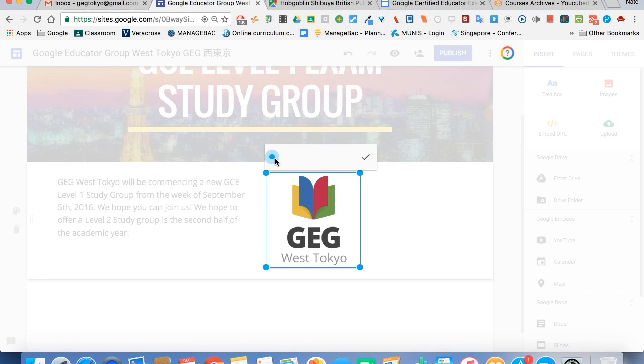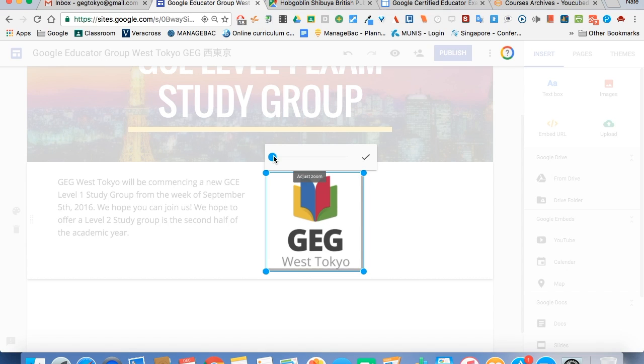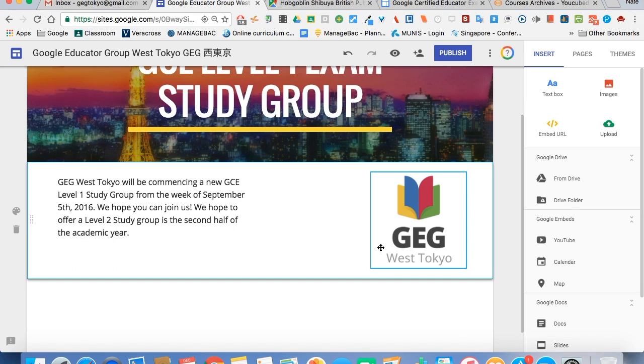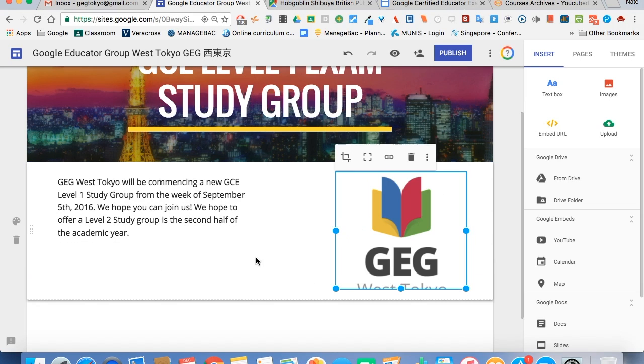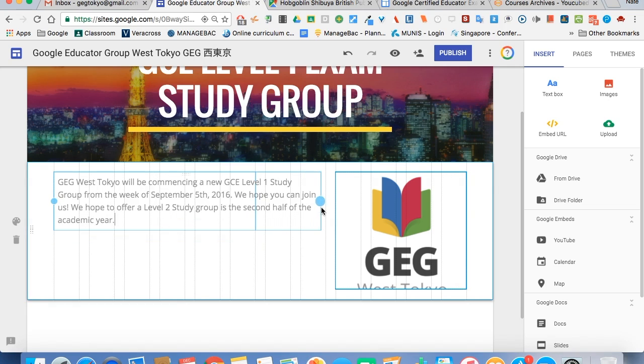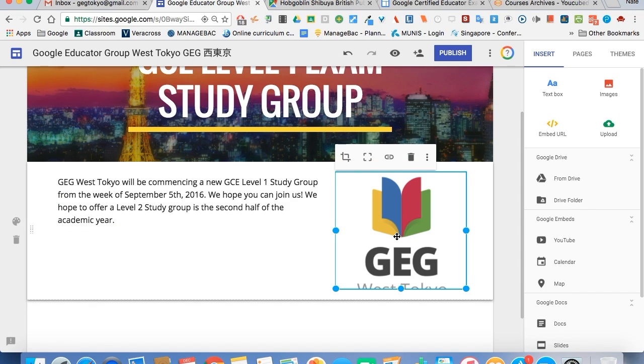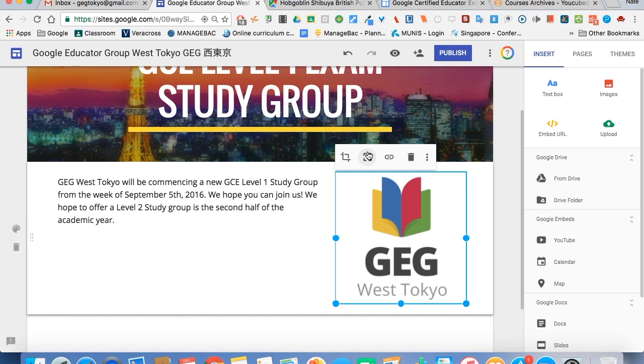If I want to edit though, here I can click on my cropping tab, and that should allow me to crop it a little bit. Doesn't give me a lot of options, so I'm probably going to leave it just at that. If I wanted to though, I could take it over a bit, make it a little bit larger, maybe drag this over, and then as I add more text, I can change the size of this. You notice here that I lost some of my text, so I've clicked on it and then clicked on that little box again. If I want to add a link to the image, I can click on the link,